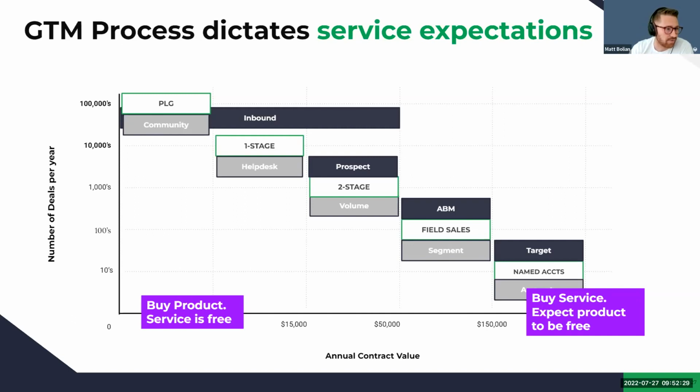So number one, where does ABM fit into this? Thinking it is a two-stage SDR motion? No. ABM by definition means account-based marketing. And account-based marketing means you're selling to companies. It means you have a list made out and you're specifically going after larger companies. How they buy is different. And so if you're doing that, your sales team needs to be focused on that as well.